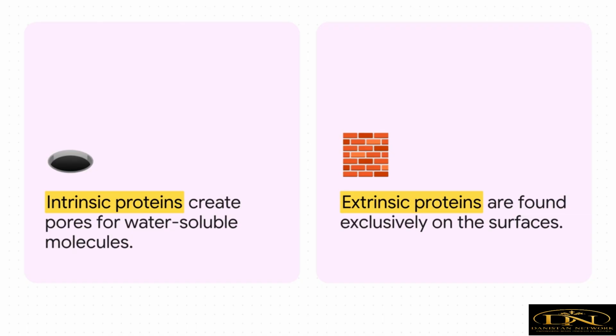While the middle part anchors them down, the top and bottom regions of these proteins are actually hydrophilic, so they happily poke out into the watery environments inside and outside the cell. Sometimes they fold in a way that creates a tunnel lined with water-loving amino acids, making a secure pore that lets water-soluble molecules safely bypass that oily lipid barrier. Now we also have extrinsic or peripheral proteins. These don't embed into the core at all. Instead, they sit entirely on the surface, functioning as vital structural supports or signaling hubs, often binding right onto the